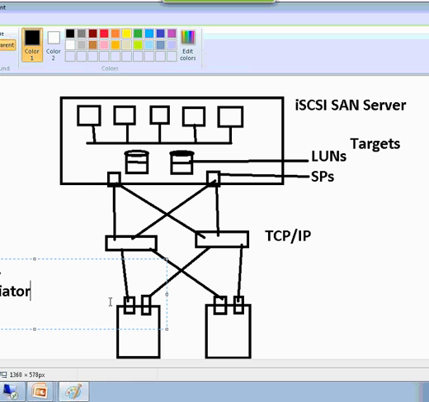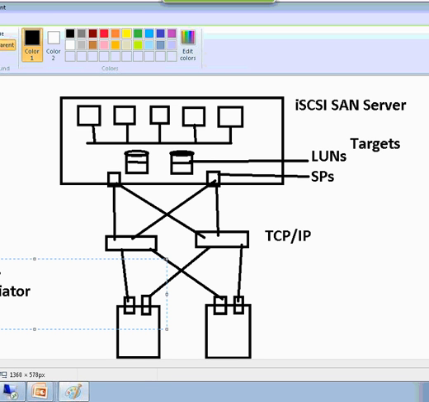So you require iSCSI initiators on our servers. The first type of iSCSI initiator is called the hardware iSCSI initiator. It is nothing but a special kind of iSCSI card. Sometimes we also call them iSCSI HBAs. HBA stands for Host Bus Adapter. Now, what is the network here? TCP/IP network. If you don't have a hardware iSCSI initiator, that means a special kind of iSCSI card which can handle the SCSI protocol and initiate a connection to your targets on your iSCSI SAN server,